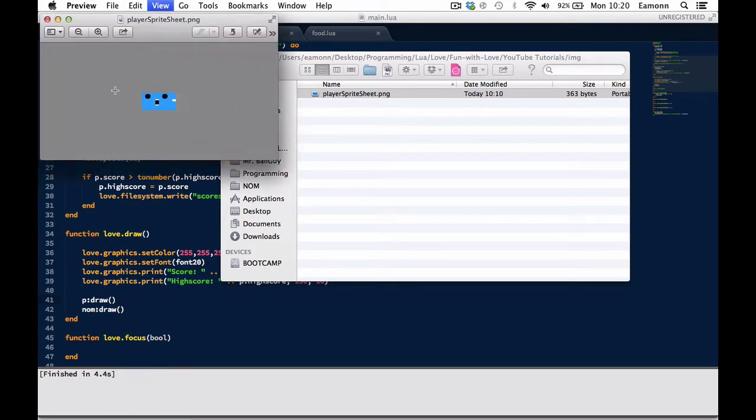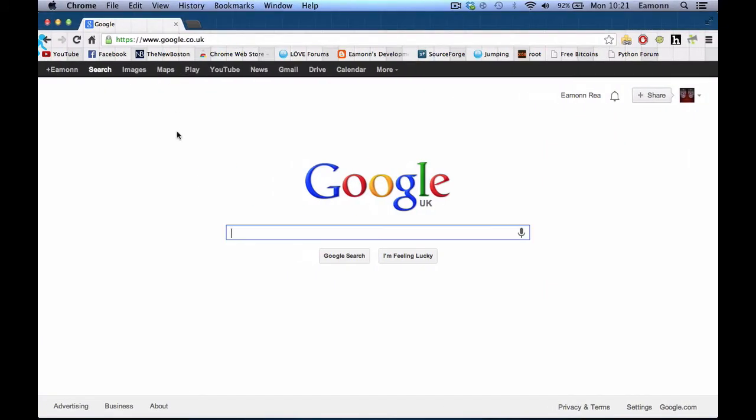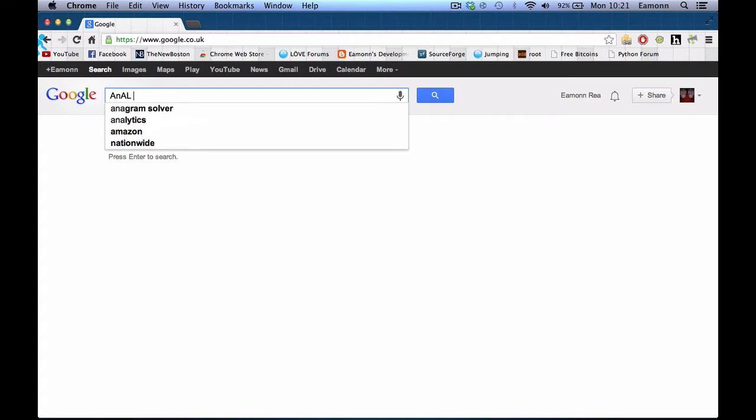This is basically what it is. Each frame is 32 pixels, 32 by 32. This is the first one as well. It's open, mouth closed, and it will switch between these frames at a constant rate whenever he's moving. Now we can implement this ourselves, or we could use a really handy thing,